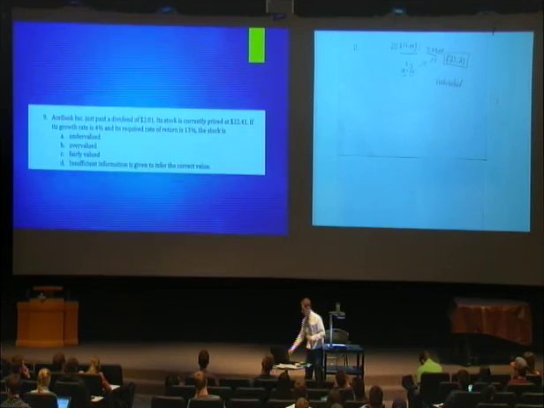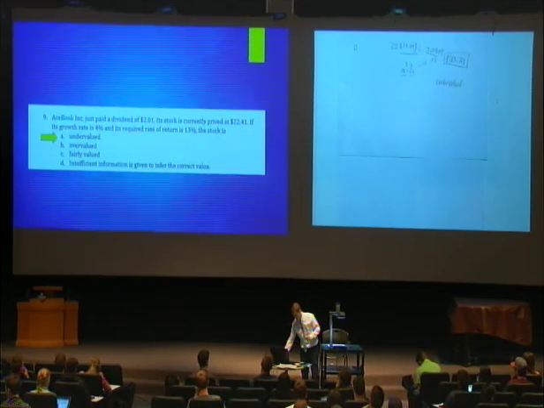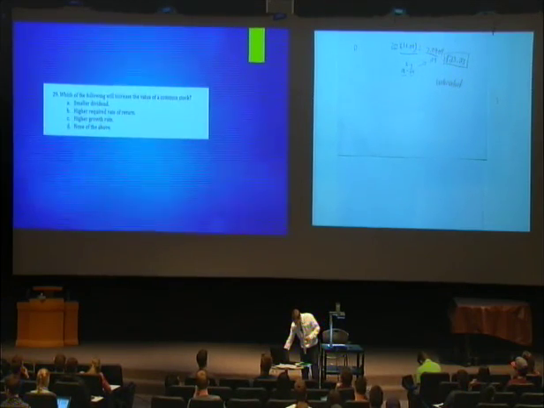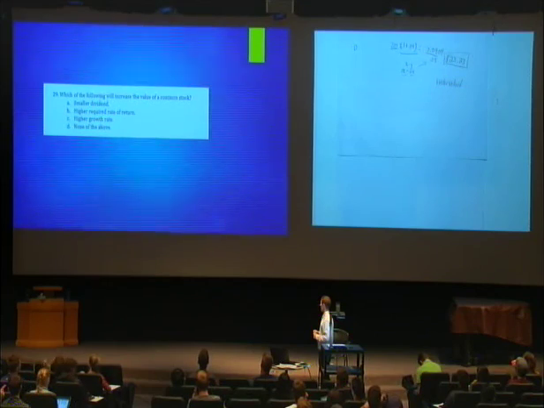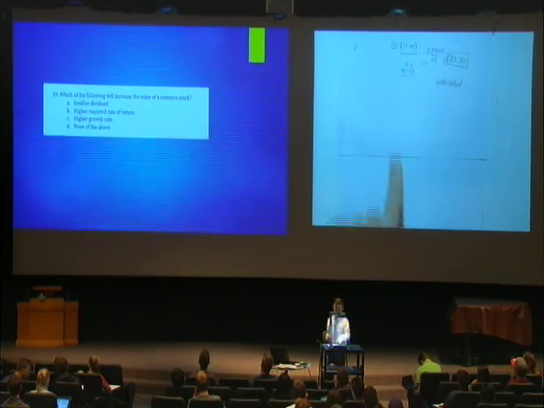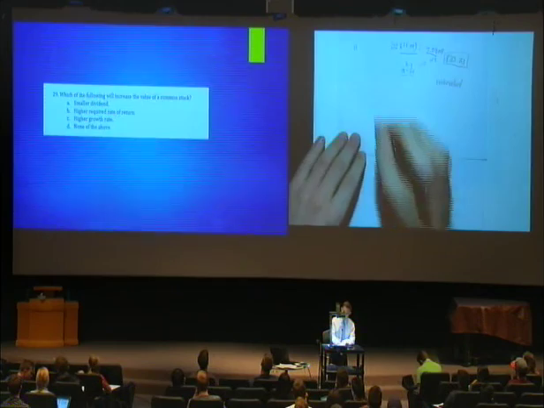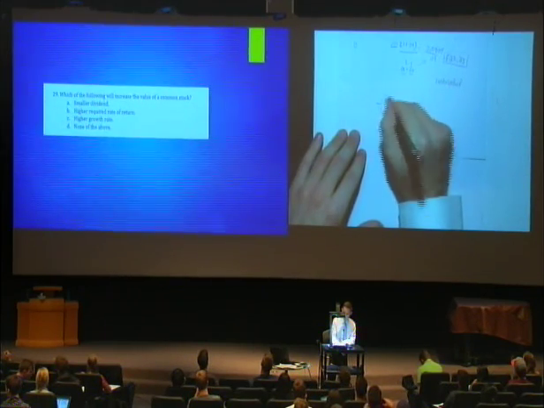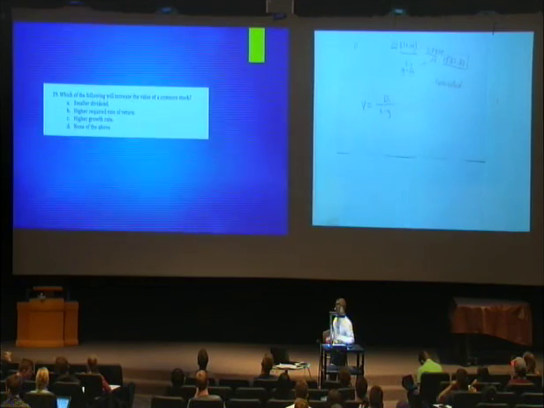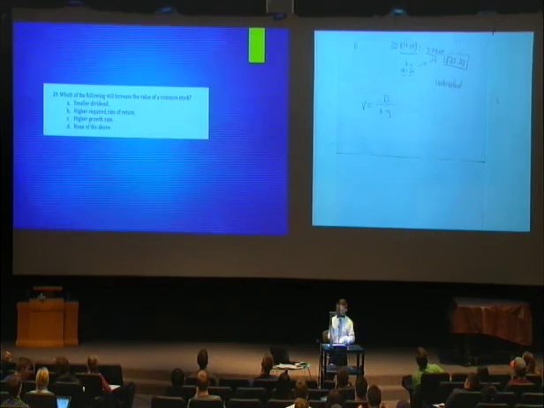All right. Just a conceptual question. Which of these will increase the value of common stock? We just have to look as far as our equation, right? D1 over K minus G. This is the value of it. So higher growth rate